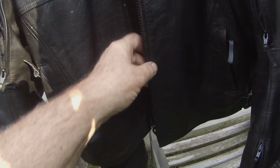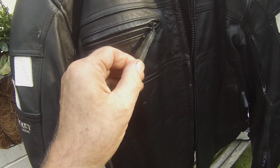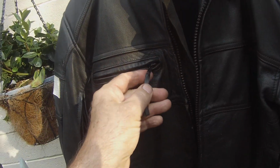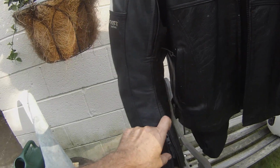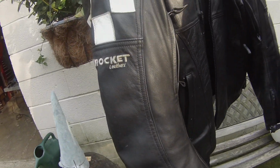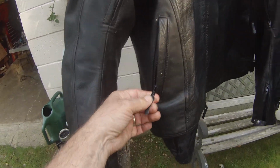storm flap sometimes. So what I have done is I got leather and I cut it into strips, and I put the leather through the zipper and I glued the ends together so I can work my zippers with one hand, even with gloves on. Pretty handy to have those on there,